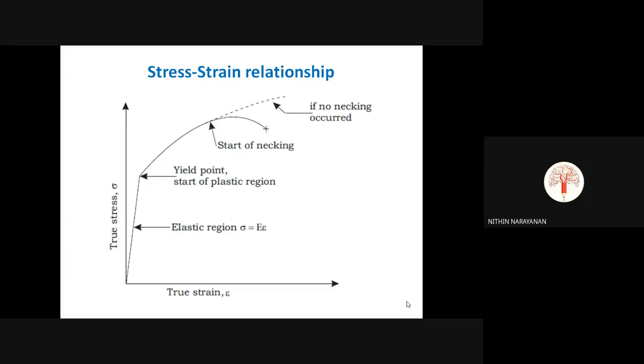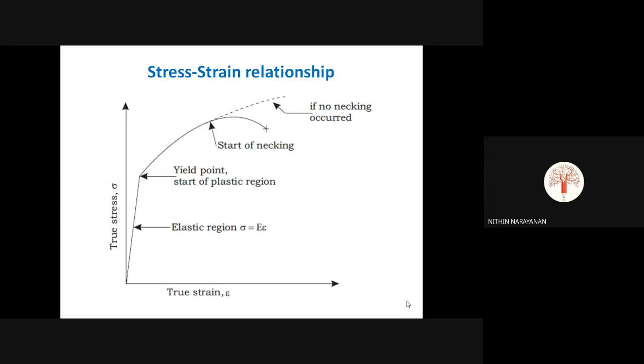So what is the difference between these two types of curves? We know that stress means the load applied per area of cross section. Okay. But in the case of engineering stress, we will take the actual area of cross section of the material. For example, if you are applying a uniaxial tensile load on a rod, the cross section of that rod will be taken as the area. The graph plotted by such analysis is called the engineering stress strain curve.